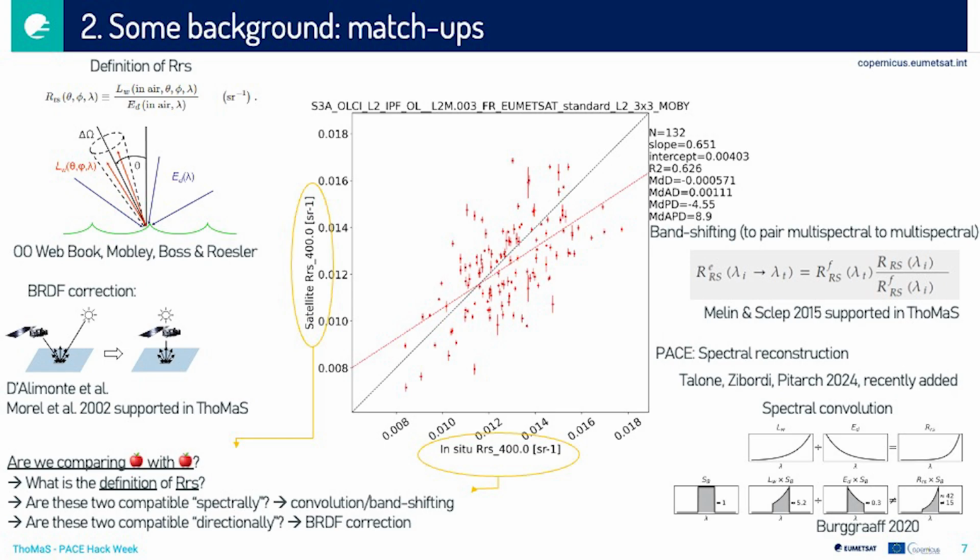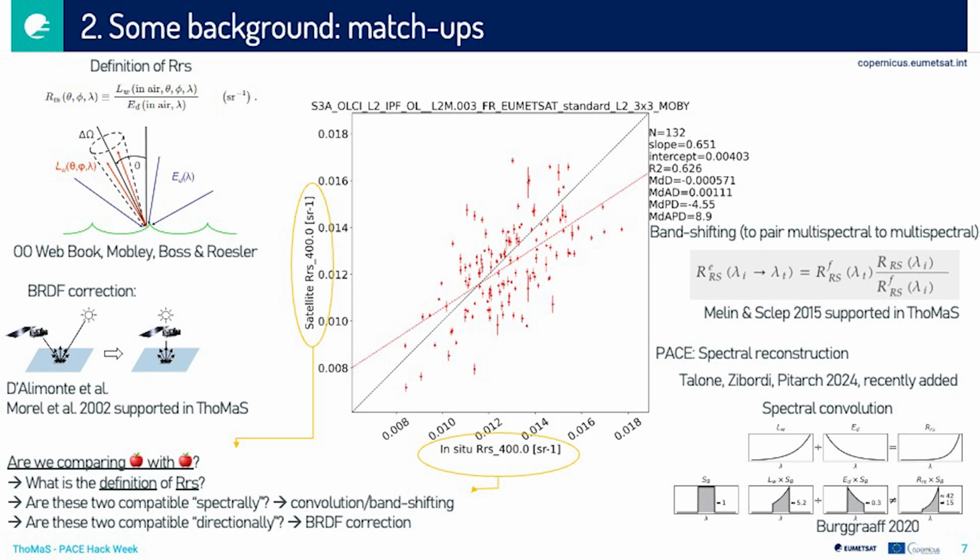So I will show you what we have done for PACE in the next slide. And BRDF, so the directional compatibility, let's say, I put here Morel, but we also have Lee 2011 now supported. So this comes from a study by Dalimonte et al. That Lee gave us the scripts to do this. For PACE, we do the Talone, Ibori, Pitarch